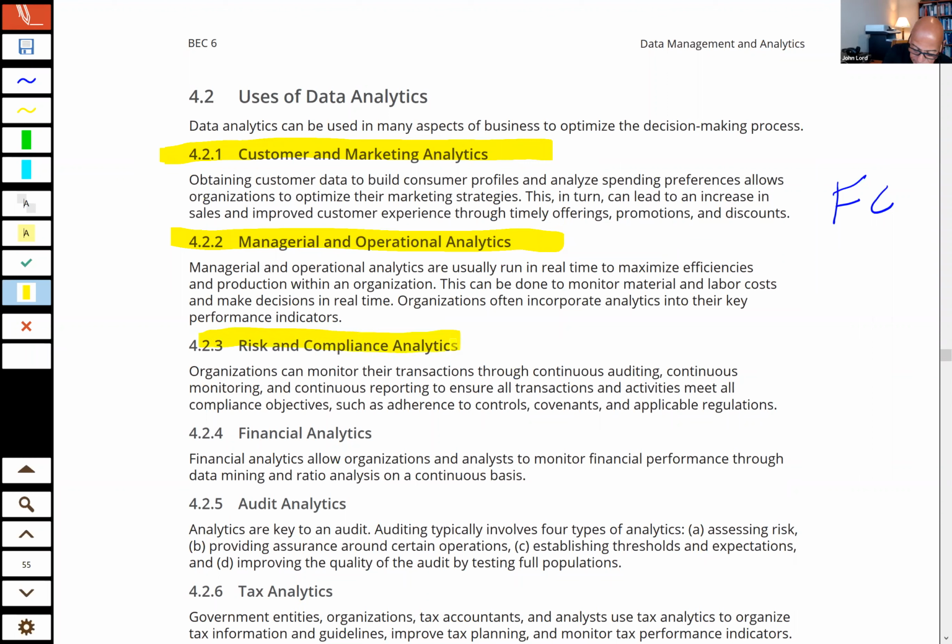Risk and compliance analytics. Organizations can monitor their transactions through continuous auditing and continuous reporting to ensure all transactions meet certain compliance objectives, regulations, etc. I think my personal opinion is this is an area where data analytics is severely under leveraged. And by that,